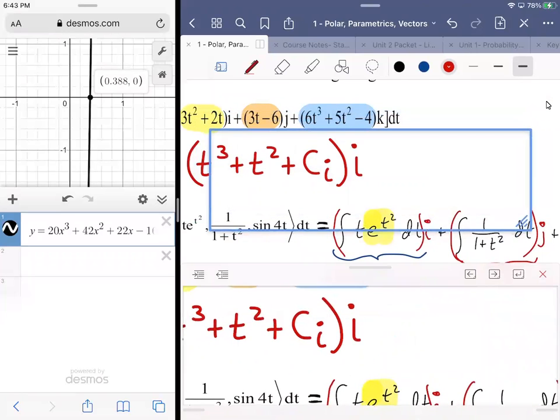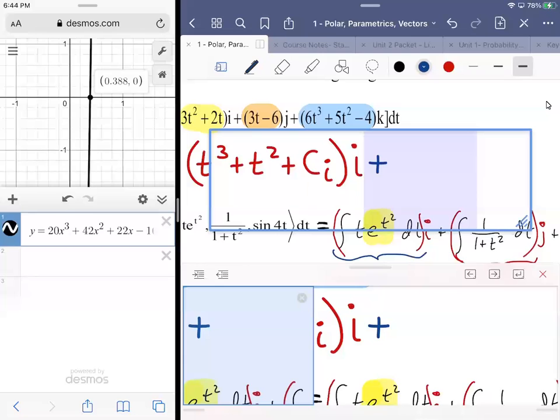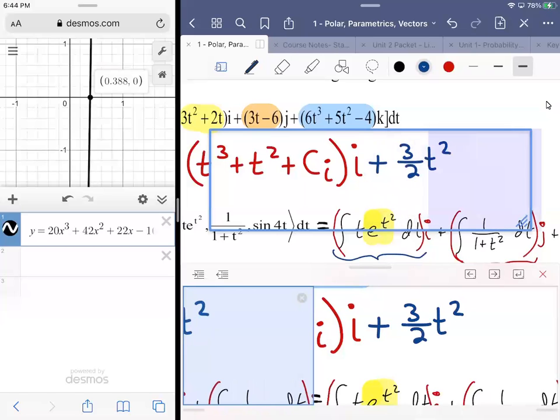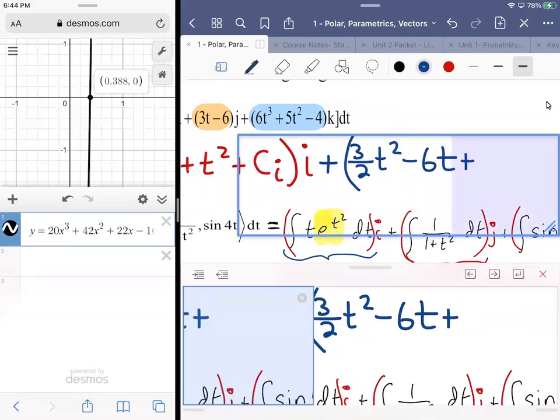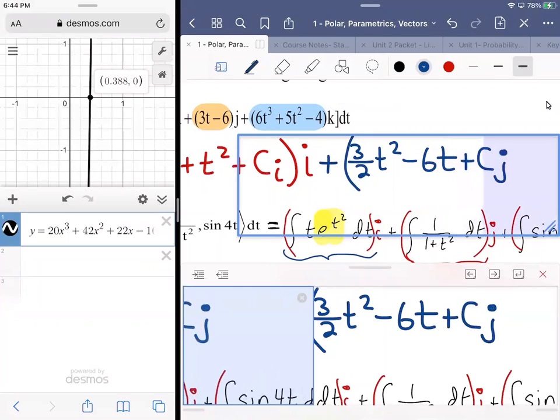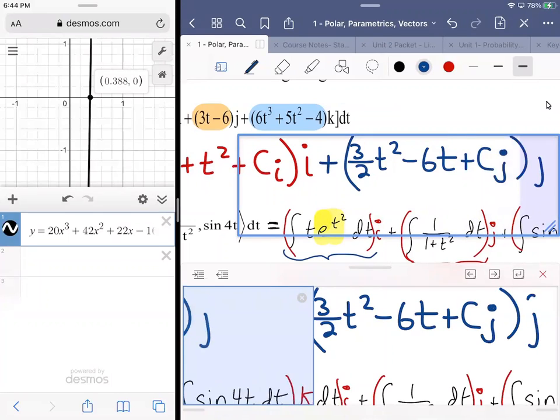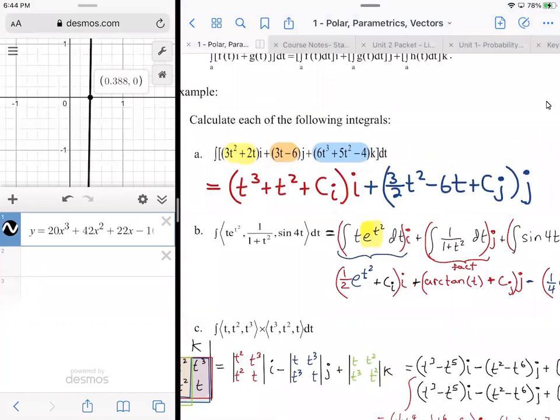Then we'd have, bring down the positive sign, antiderivative of 3t would be 3/2 t squared minus 6t plus cj, constant of integration specific to the j component, and then multiplied by the unit vector in the direction of